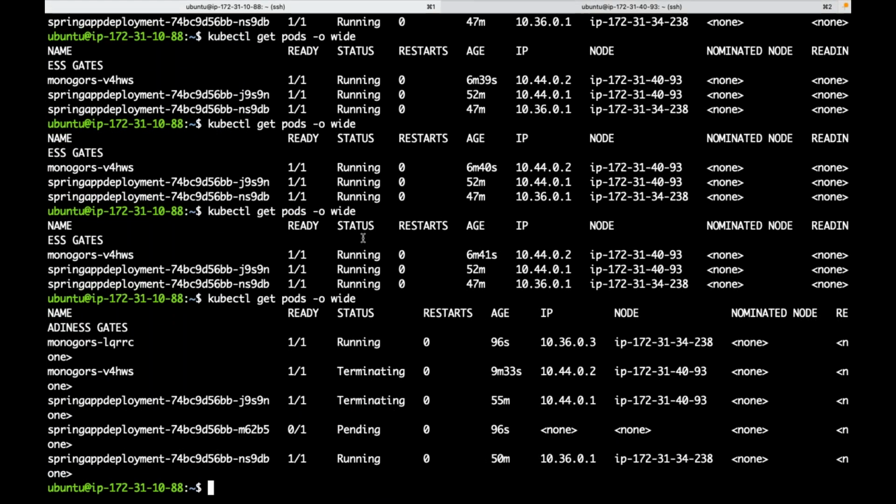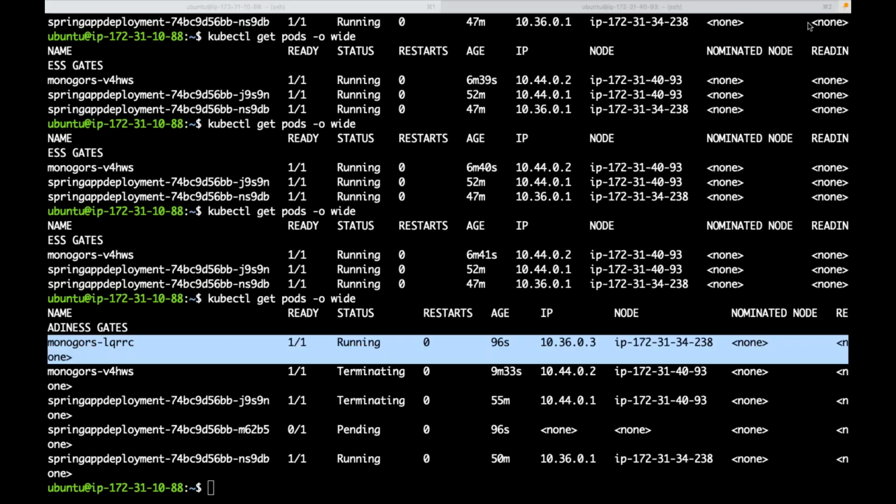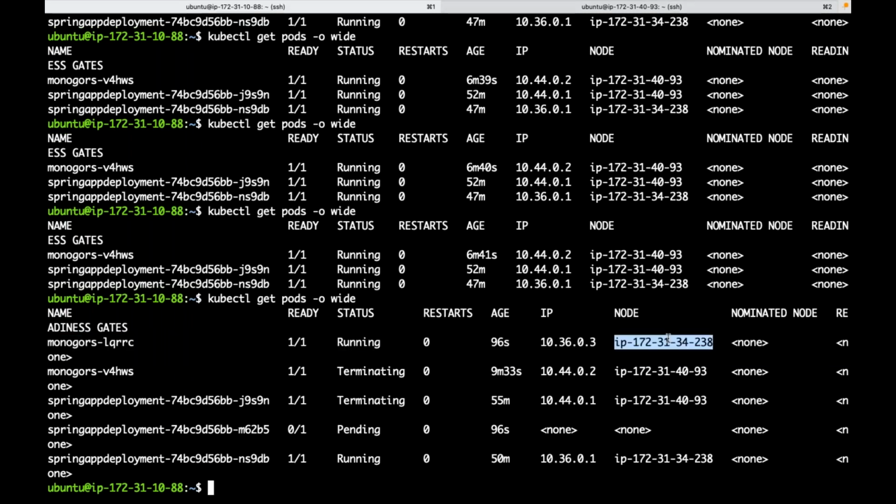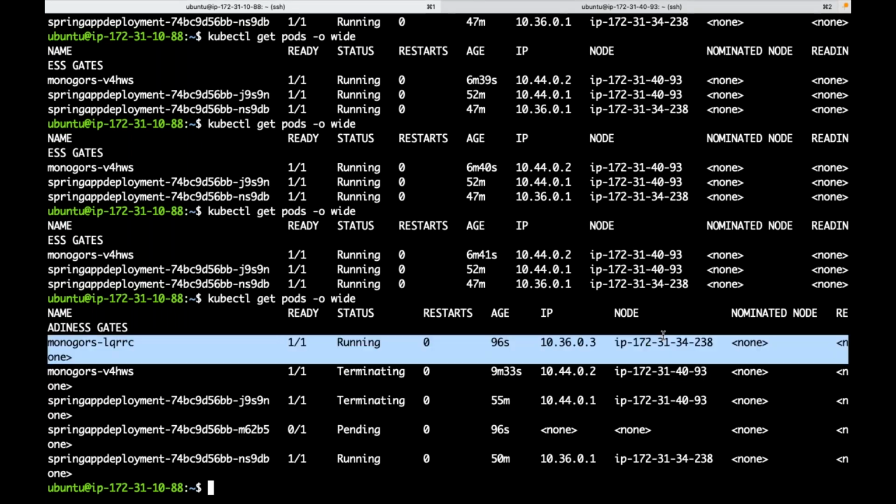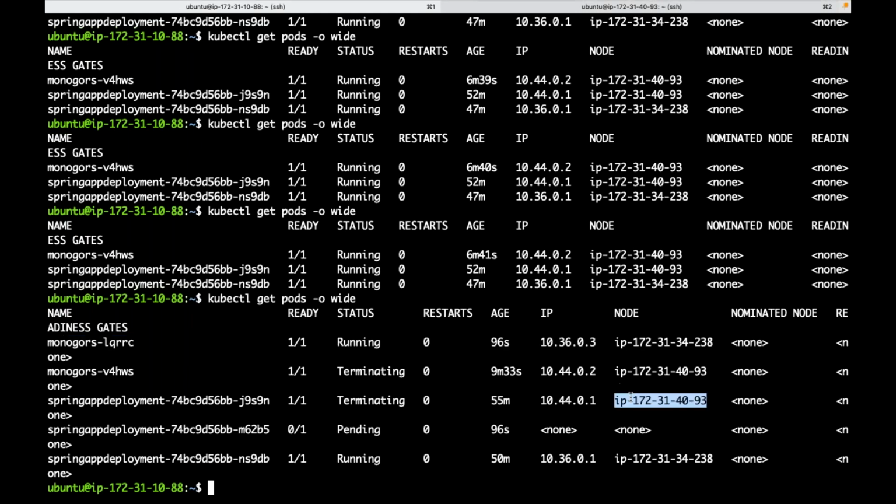Now if you see, is your database pod shifted to other node now? Is your database pod shifted to 238, since this node is down? It is to shift this application pod also, but why is it in pending state?